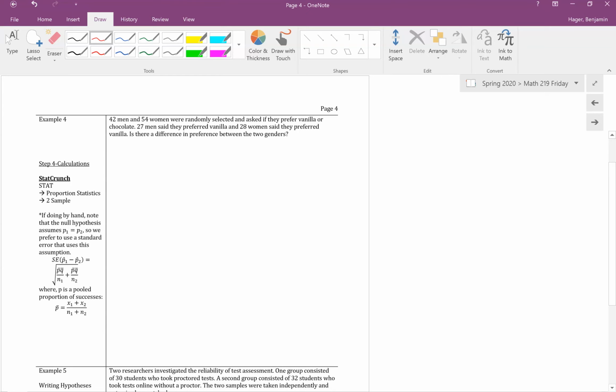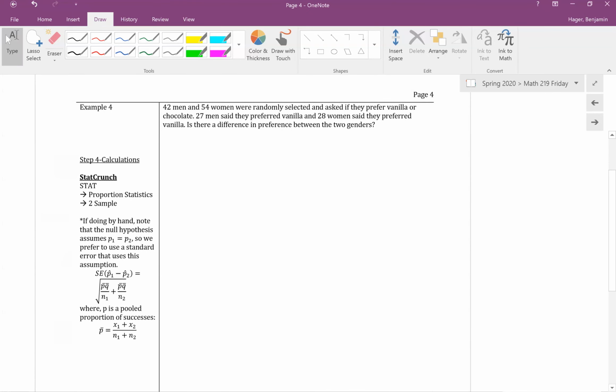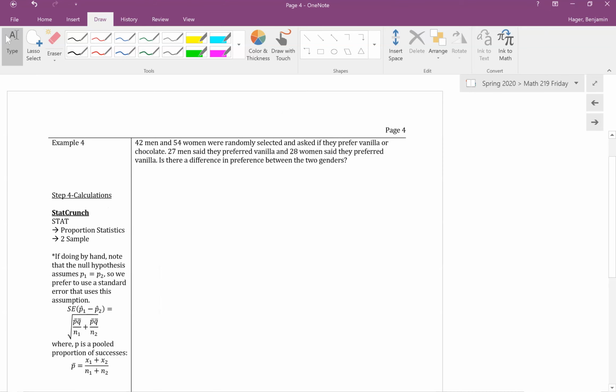It says 42 men and 54 women were randomly selected and asked if they prefer vanilla or chocolate. 27 men said they prefer vanilla and 28 women said they preferred vanilla. Okay. Is there a difference between the two genders? So let me just first get some sample numbers going down here. The percentage of men from our sample that preferred vanilla was, out of 42 men, 27 said they prefer vanilla. So that is